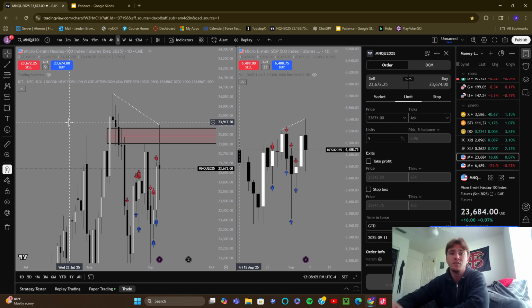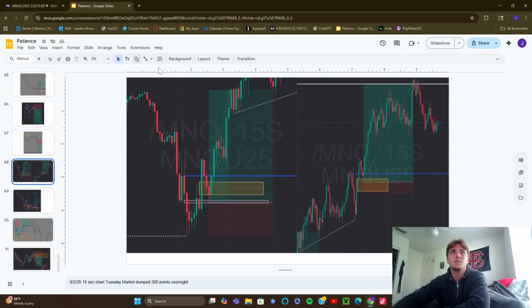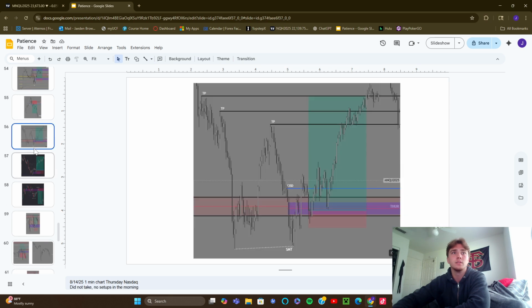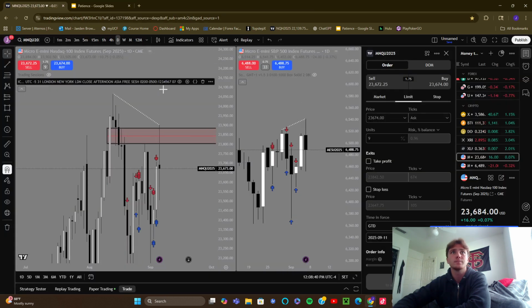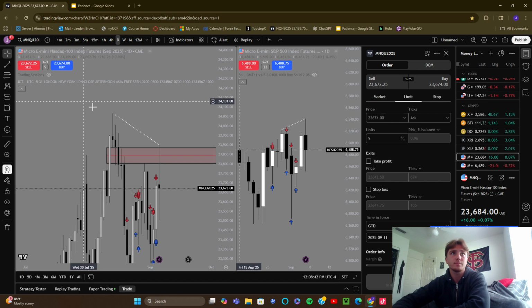So with my model, the inevitable model, which is kind of like the forever model, but it's a little different. It's more specific. This is a good example actually. The inevitable model is the SMT, break of structure, CSD, and then retracement into the inverse fair value gap that was created with the SMT move. So CSD, retracement back to this specific fair value gap, and then stop loss at the lows, and then it takes profit, goes the other direction, rallies.